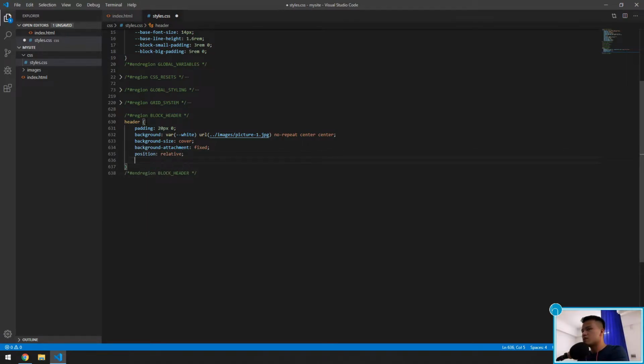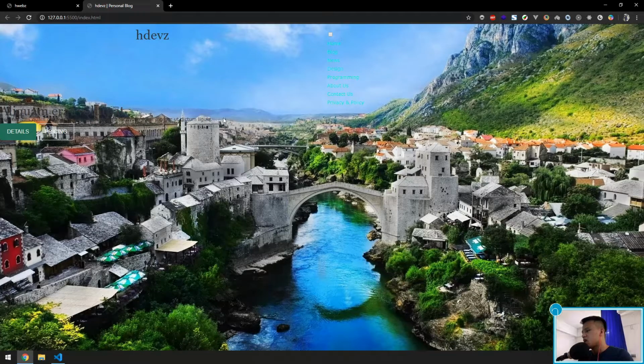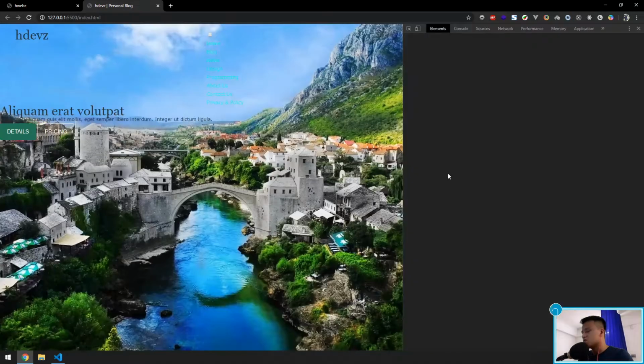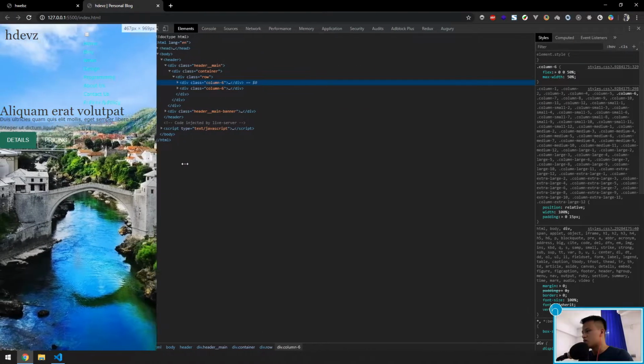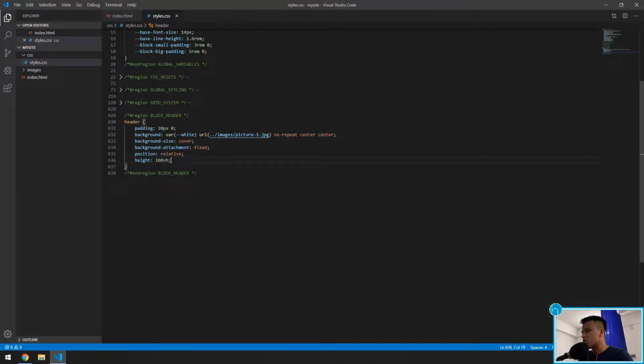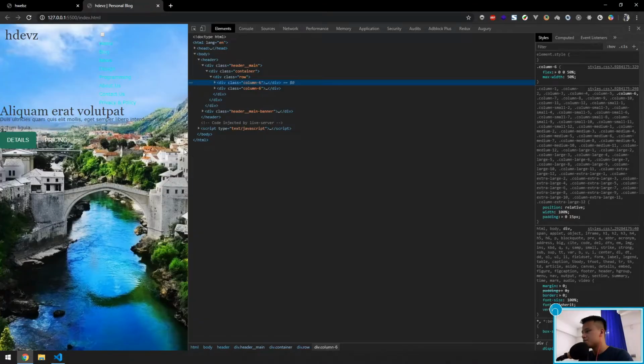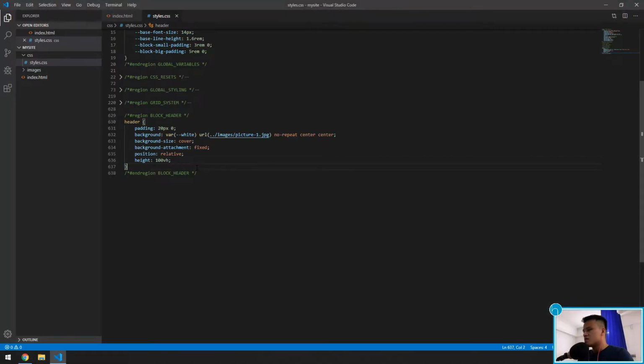Position relative and height I'll set to 100 vertical height because I am styling CSS to follow the mobile first approach, so that's why I style it for the mobile first. After that I can style up into our 4 breakpoints that I defined above. Okay, so as you can see here, 100% height of our browser height. Okay, so next